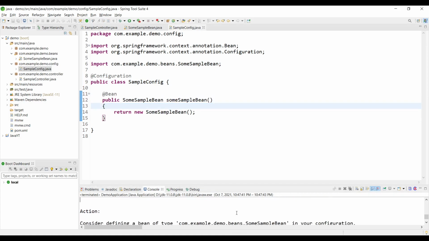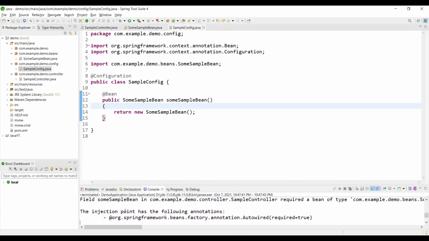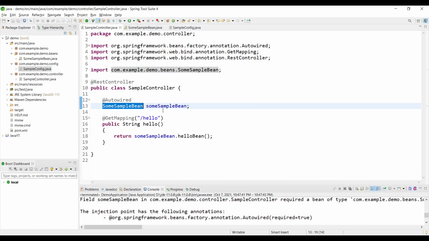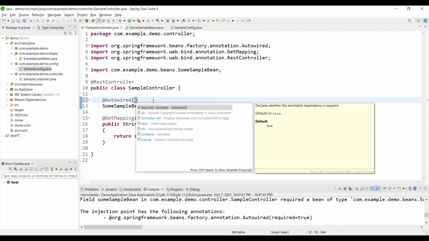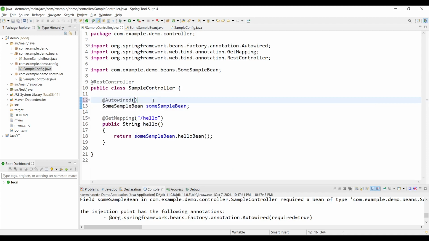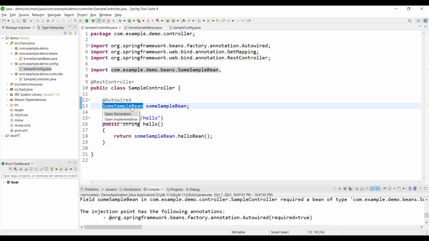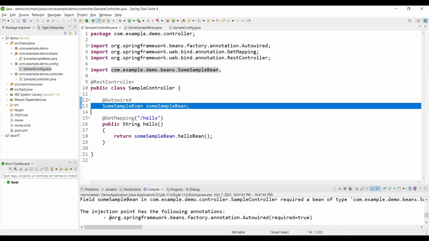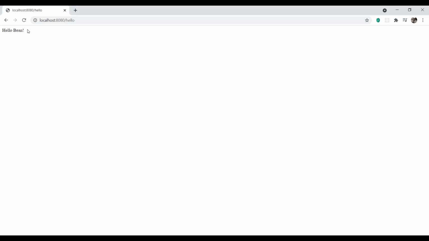One other thing you would have noticed is that if you want to just run that without doing anything, you can use required as false. We have two options in autowiring, required as true or false. What that means is by default the bean is required and compulsory, but if you mark it as false, this bean is not compulsory. So let's test this out with this configuration. This is working fine. Let's test this. Yeah, same output.